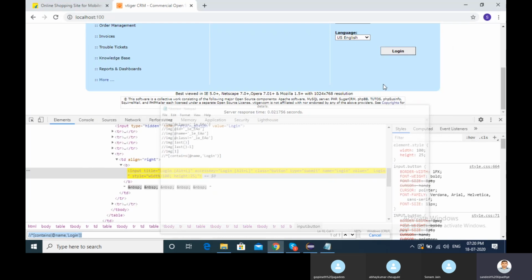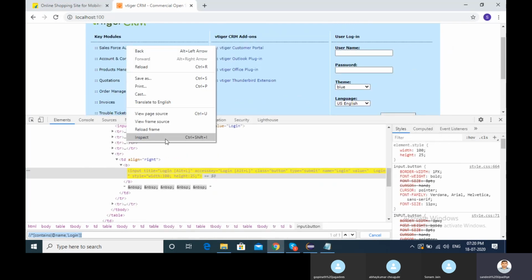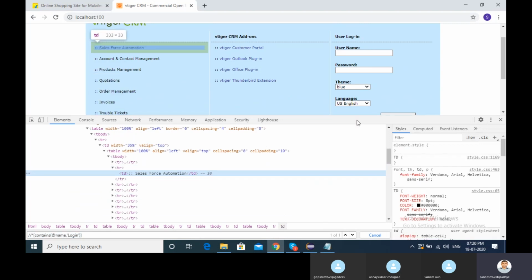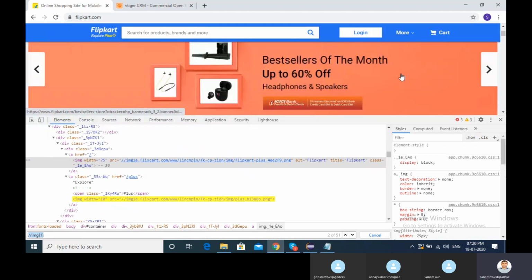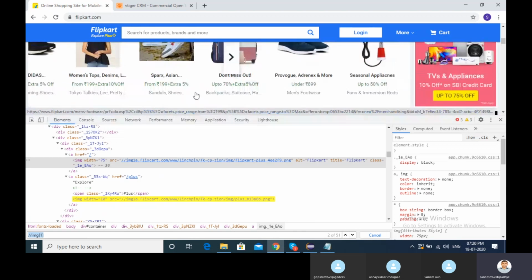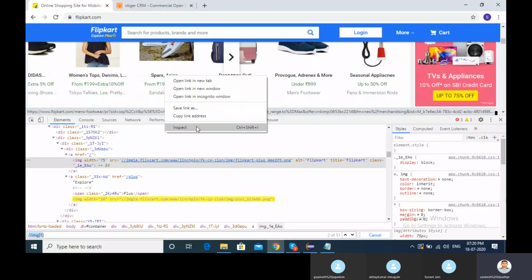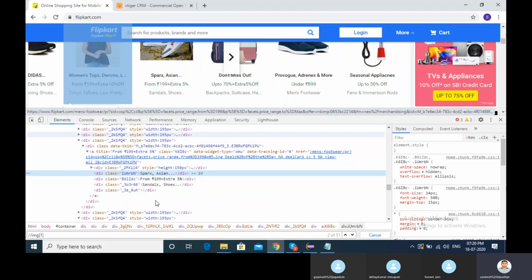There is another way. Let me put one example over here. I want to find this text, Spark Asian.